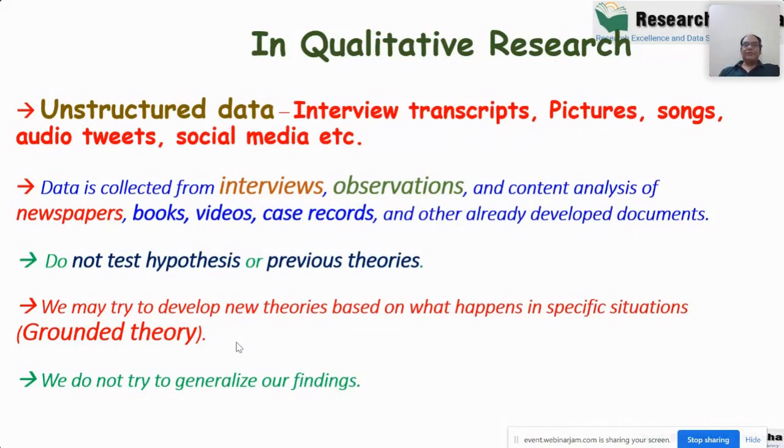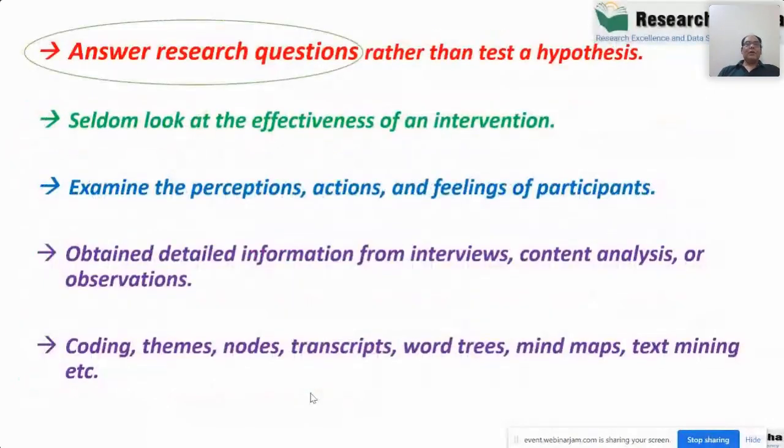So grounded theory approach is one of the famous approaches in qualitative research, where you observe some new phenomena and find out the reason for this new phenomena. And in qualitative research, we do not generalize our findings. We only represent the conclusions or the summary based on the qualitative research. Okay. Now the next point is that the purpose of qualitative research is to answer the research questions rather than to test the hypothesis. Like, some of the examples I'm giving to you.